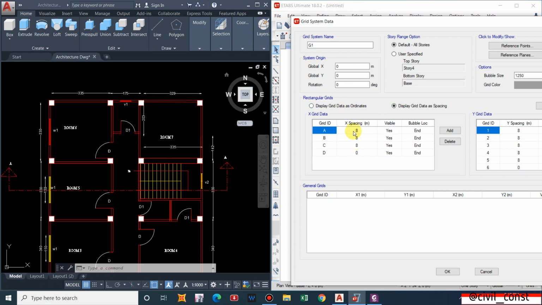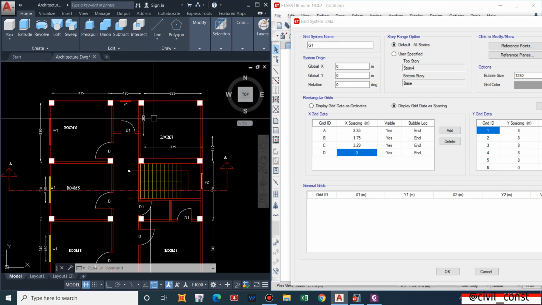So the spacing is 3.35, 1.75, 3.29, and the final will be 0.